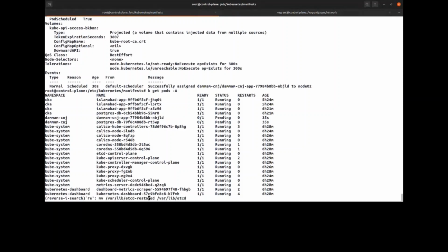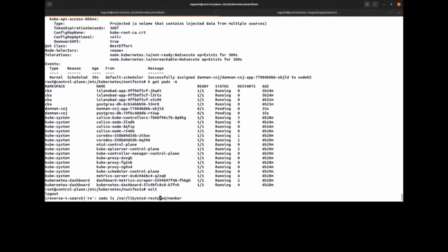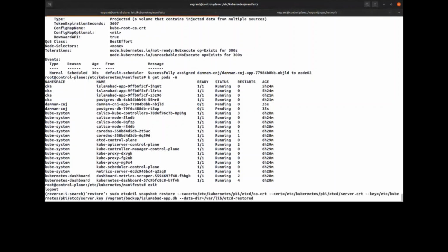Okay, if I go back to my restore command. Okay, my restore command is not here. It's actually here. So this is my restore command. If I want to save, it's the same command, okay? Save. It needs a CA cert, it needs a cert, it needs a key, and you need to specify a location where you're saving, but it doesn't need a data directory. But you need to give it a location where you're going to save this. So I can say snapshots, new DB, a new etcd data.db, for example.